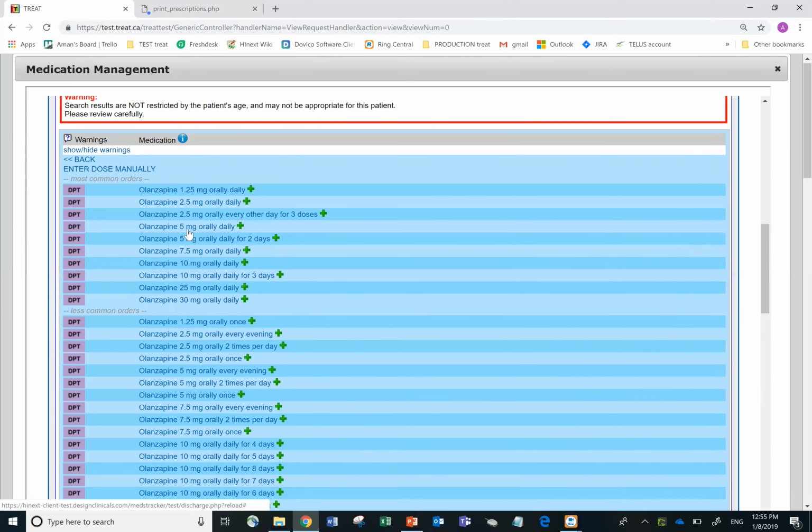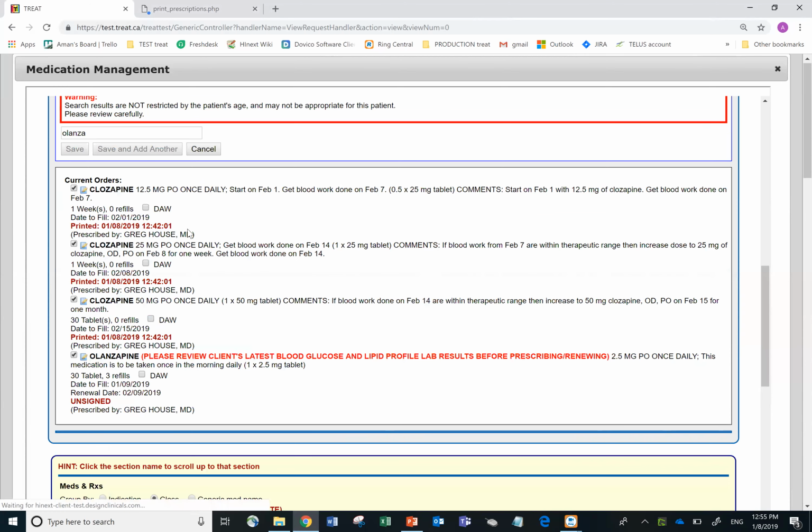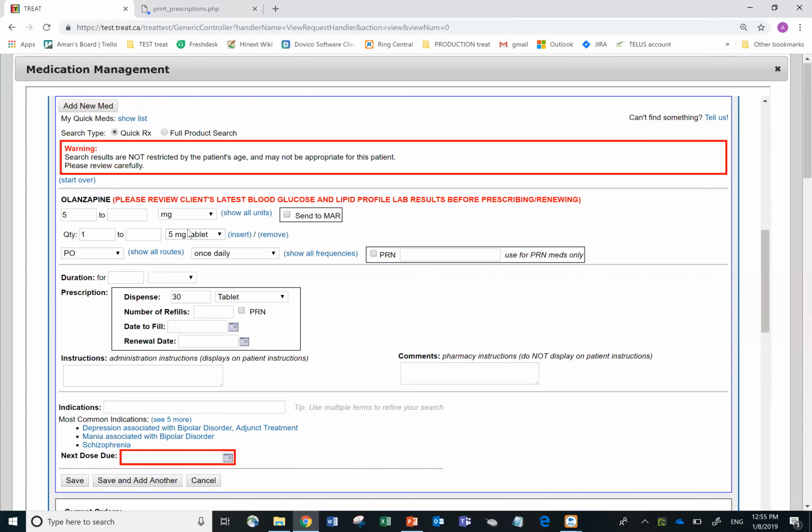So olanzapine 5 milligram orally daily. And that's 5 milligram, dispense 30 tablets. Just like the morning one, number of refills 3, date to fill tomorrow,